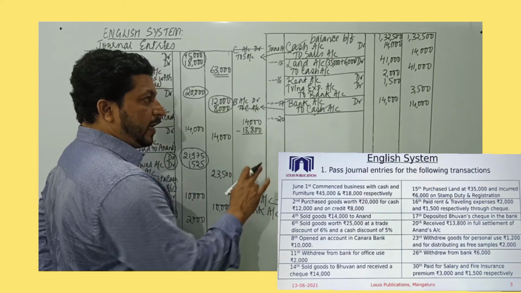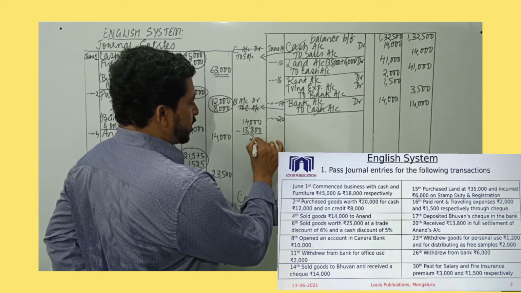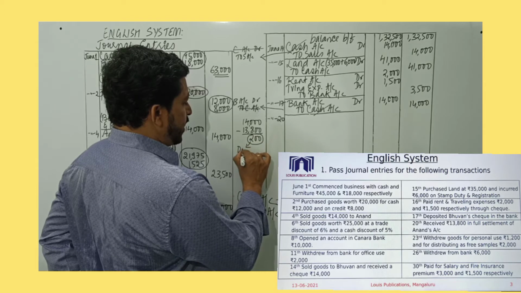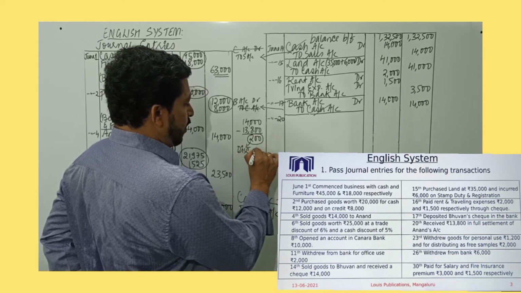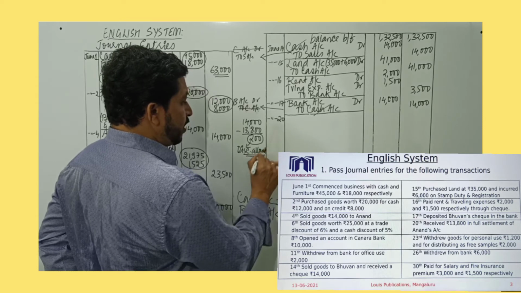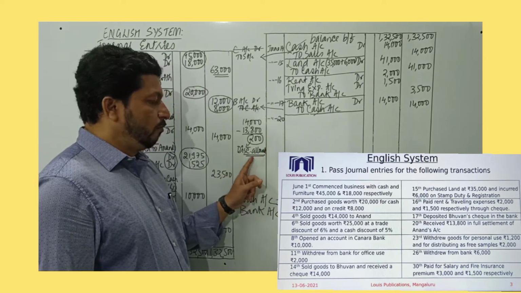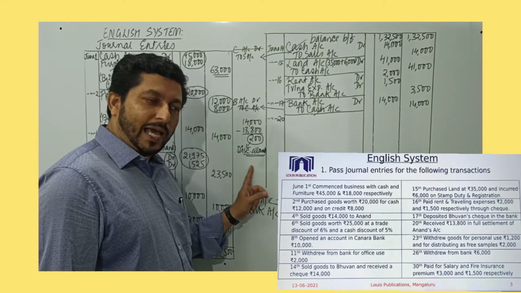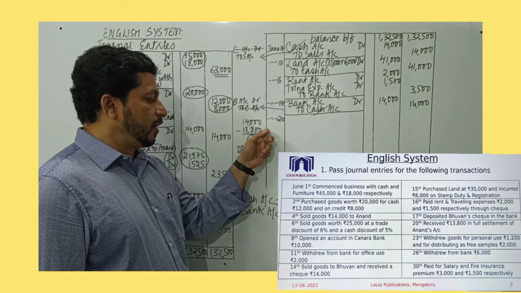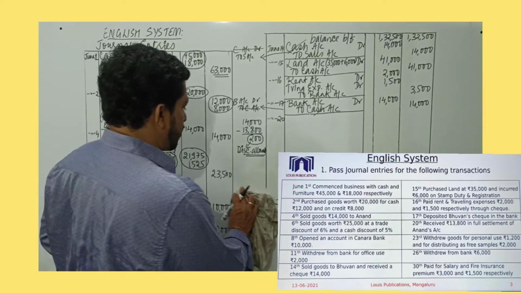So once he pays 13,800, he is not going to pay even a single paise more. So this 200 which we are not going to receive becomes discount allowed, because the word in full settlement is given. So when the word full settlement is given, the difference of the amount will be treated as the discount allowed. We are allowing discount because we are receiving only 13,800 from Anand instead of his account balance of 14,000 rupees.